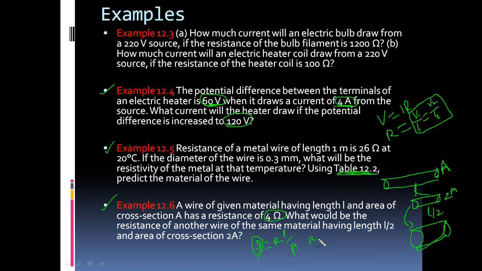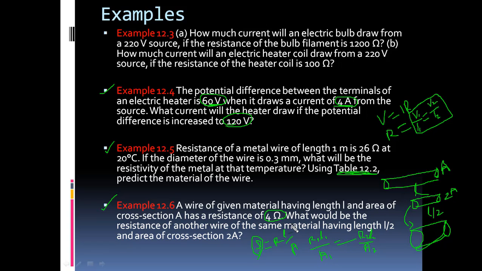R1 equals L1 divided by A1, and R2 equals L2 divided by A2. So in case of the first wire, in place of area it would be A,